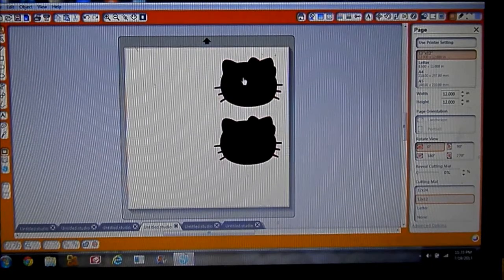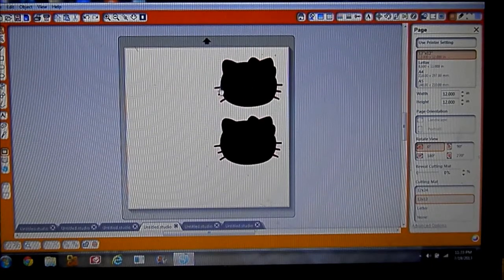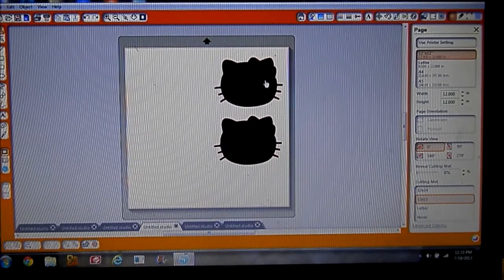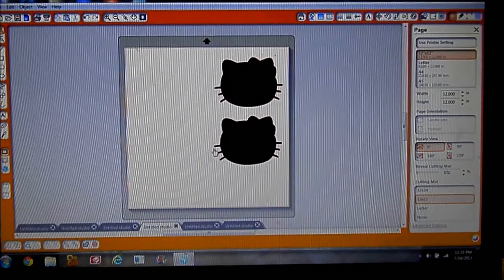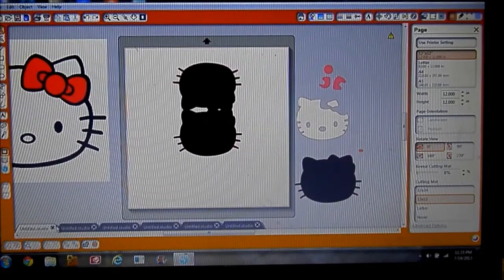So when I cut it out, all I did was cut these little whiskers off. It was a lot easier than trying to figure out how to get them off this way. So when I printed them off, it was a quick snip, snip, snip on both sides. And I cut this out in white, so that I can use it as an inside photo mat. So there we have it,